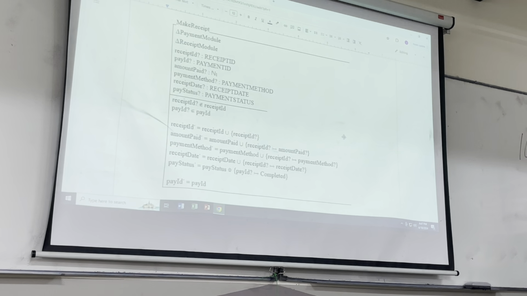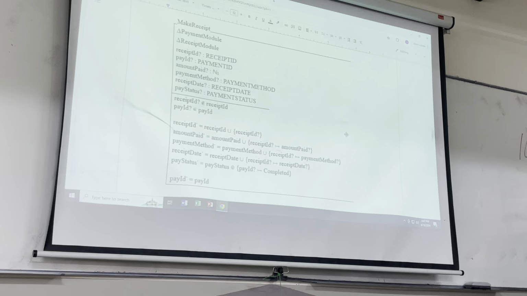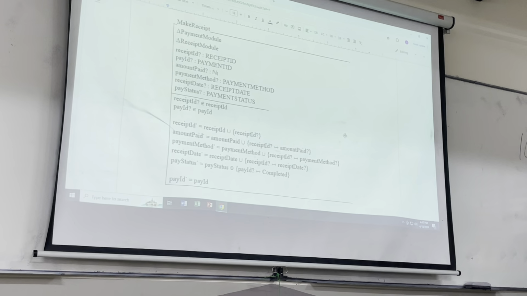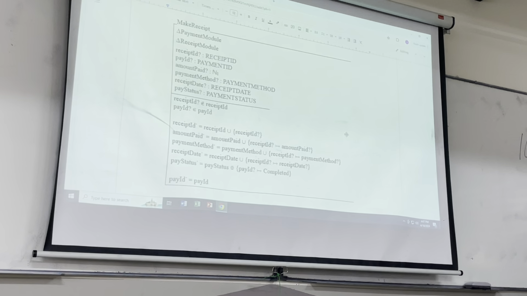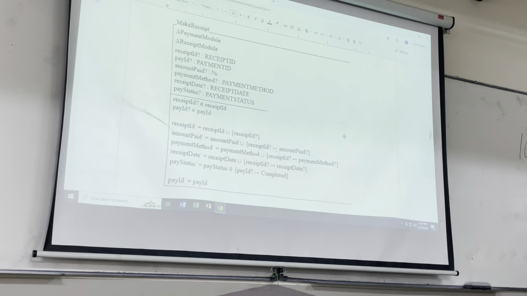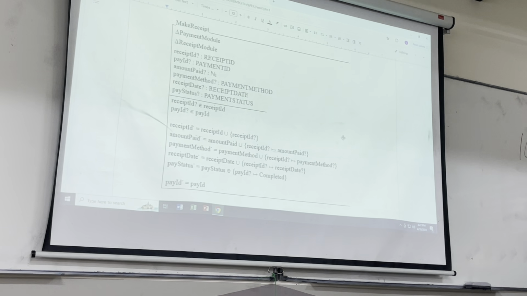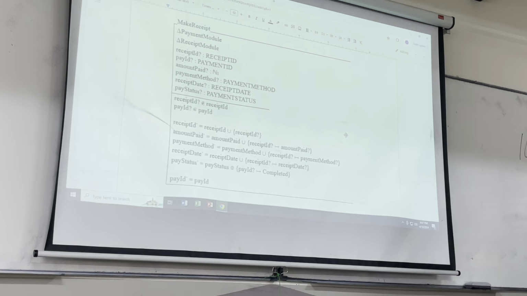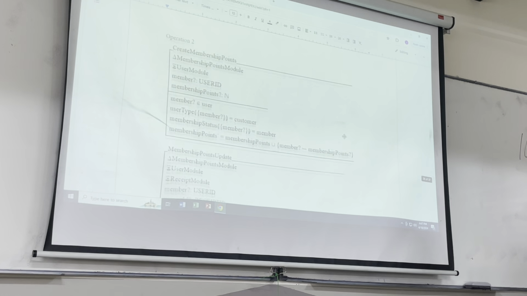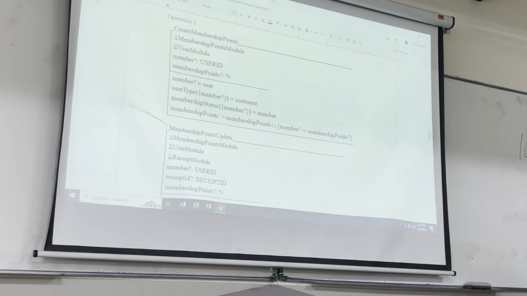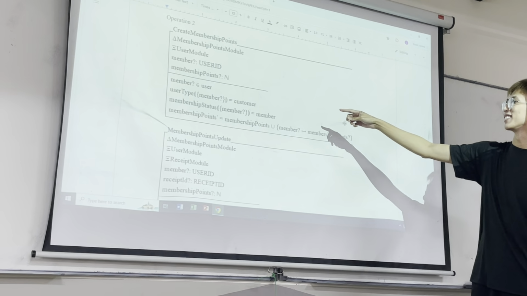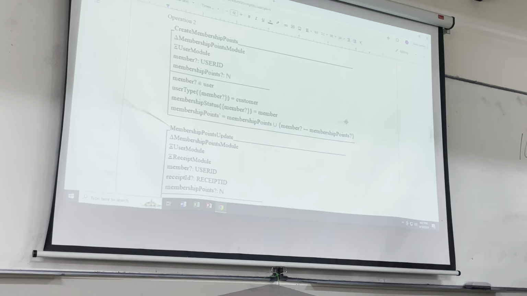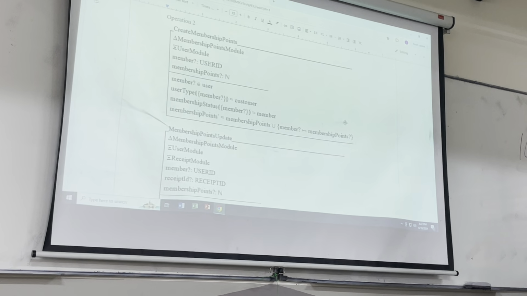I thought we need to check them together. Like payment ID is the domain and then the receipt ID for that payment. But I separated. Oh, okay. Your declaration, you don't have the connection. I just separated. Okay. For my operation, so I just create a membership points. Just initial. Since you are not going to use that,